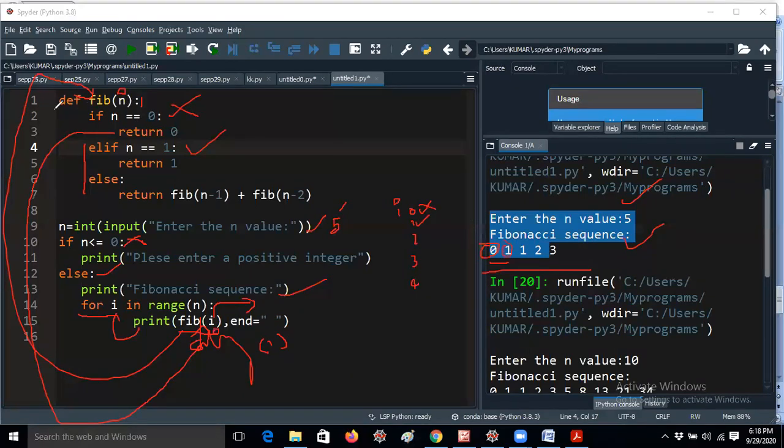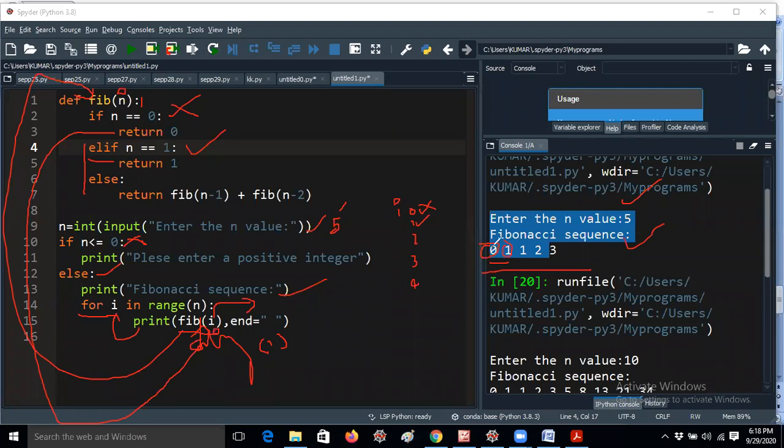As I told you already, elif is an else if. As we discussed in C language and Java, we used to call it else if. But here elif is a keyword. We can call it else if in this way also. So here 3 conditions are there. That's the reason I'm using if, elif, else.